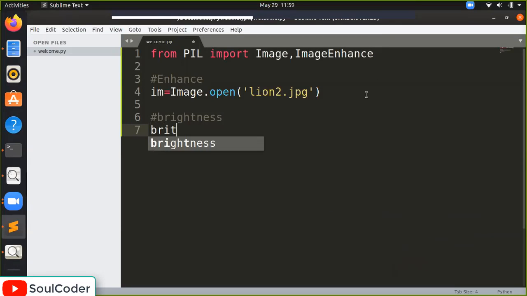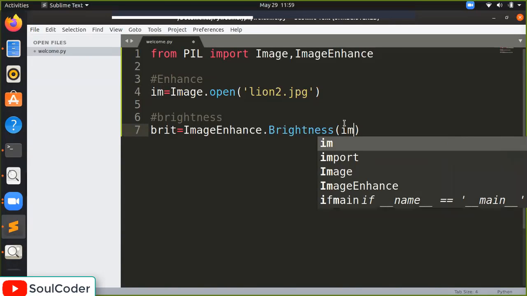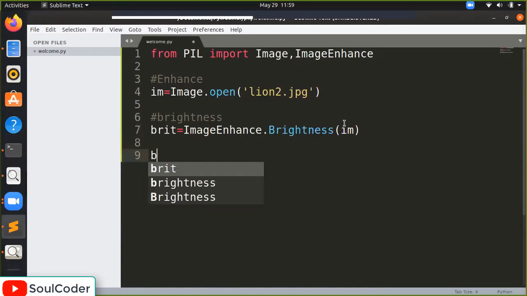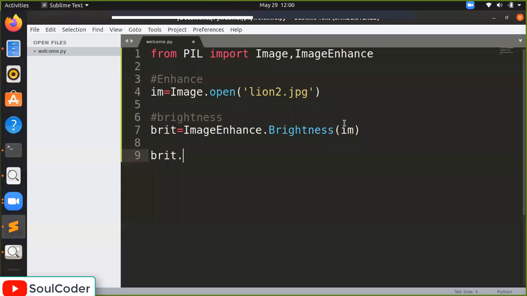Let's see, I am going to clear it. ImageEnhance.Brightness, and what you have to pass is this im. Okay, im, and now we are going to show the bright image with the enhance method again.